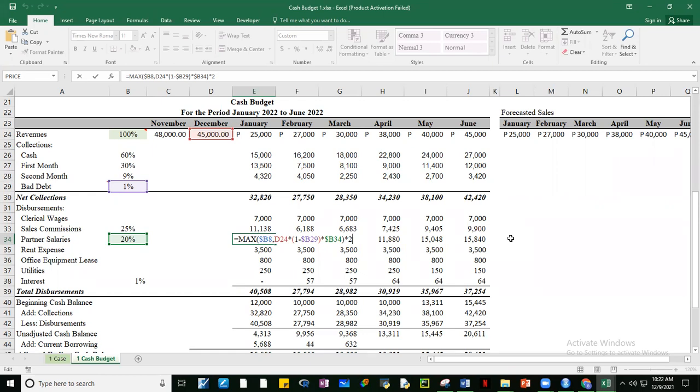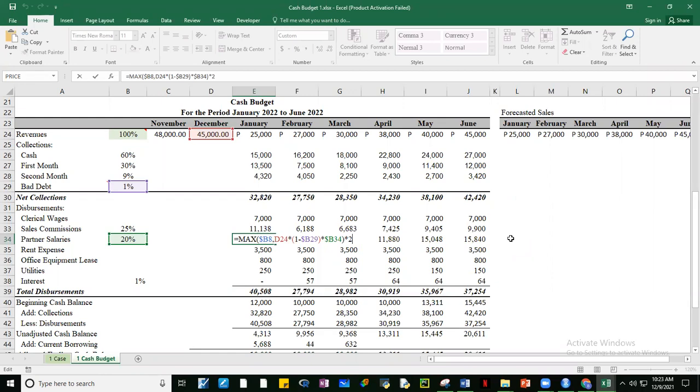Sige, maximum lang ng either yung 5,000, that's the B8, and then the sales times 1 minus the bad debts times yung percentage, and then times 2 kasi dalawa yung partners, no? Okay.